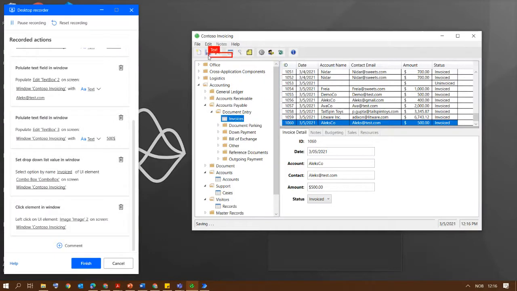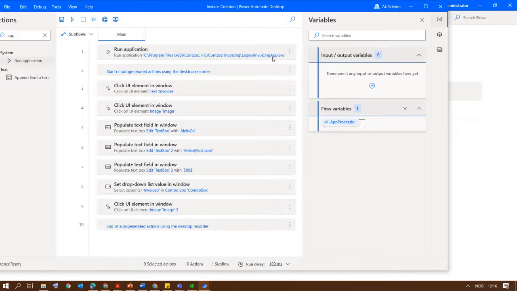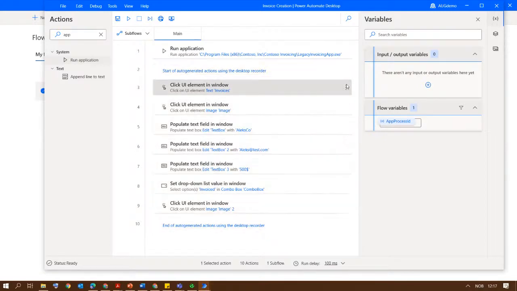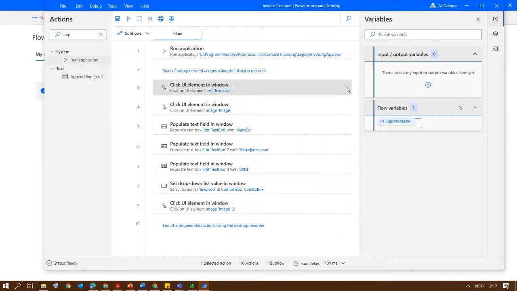So this is actually the basic operation that the user does, creating an invoice. Open, enter data, save. We finish this one. And when the designer opens again, we can see that all the actions are recorded in here. We can edit them. We can disable them, so we don't need to delete something if you want to check how it works without that precise action. So we hit save